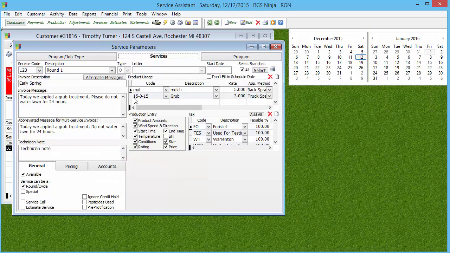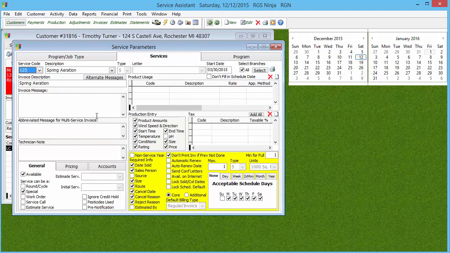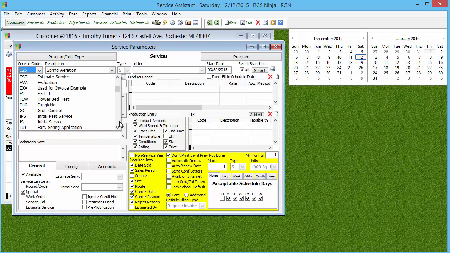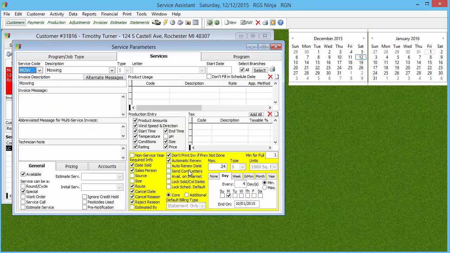Now, if you're going out there and doing something one time, we call that a one-shot, okay? So for example, a spring aeration, that'd be a one-shot. You go out there, you do it once. If the customer wants or needs another one, then you would go and add the job again fresh, all right? Now, if it's something where you're going out there doing the same thing over and over again on each visit, the most common example is lawn mowing, then that's what we call a repeating special, okay? Again, if you're doing the same thing every time you go out there, that's the repeating special.